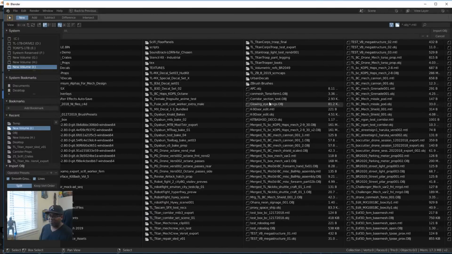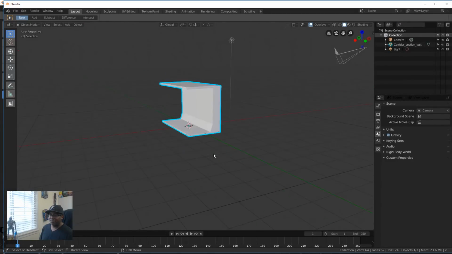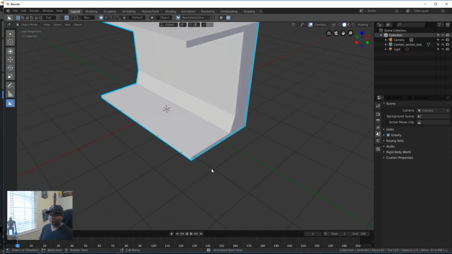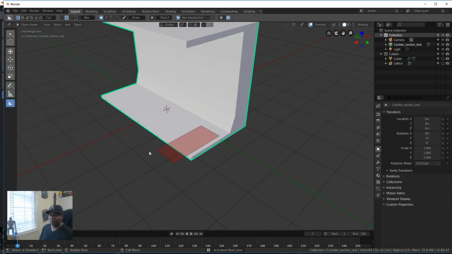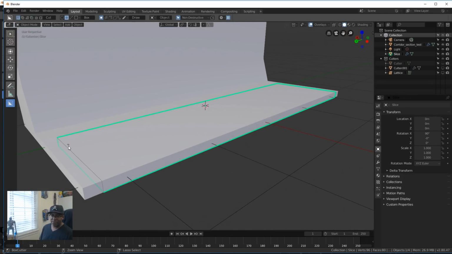As soon as I can actually find it. Section test, there we go. And I'll take that OBJ and import it, and there it is, right? And so now, this, and I'll just do like a cut for one, so that's one cut, and then take another,